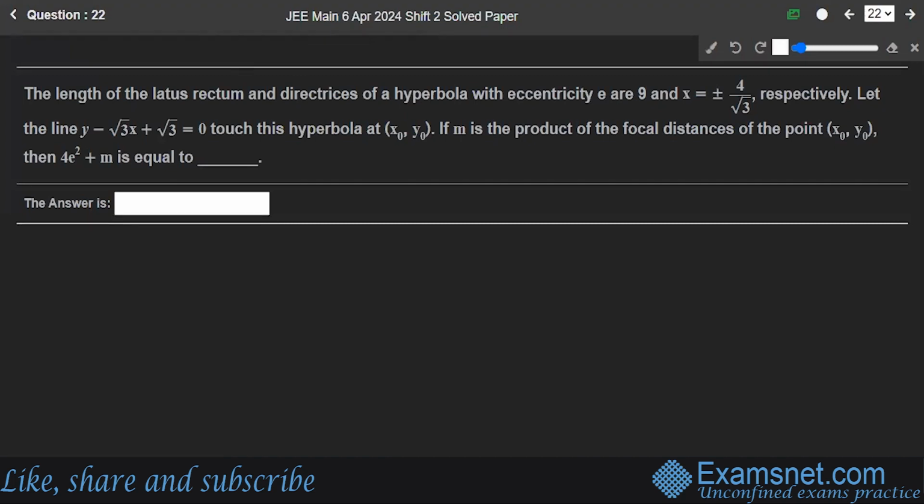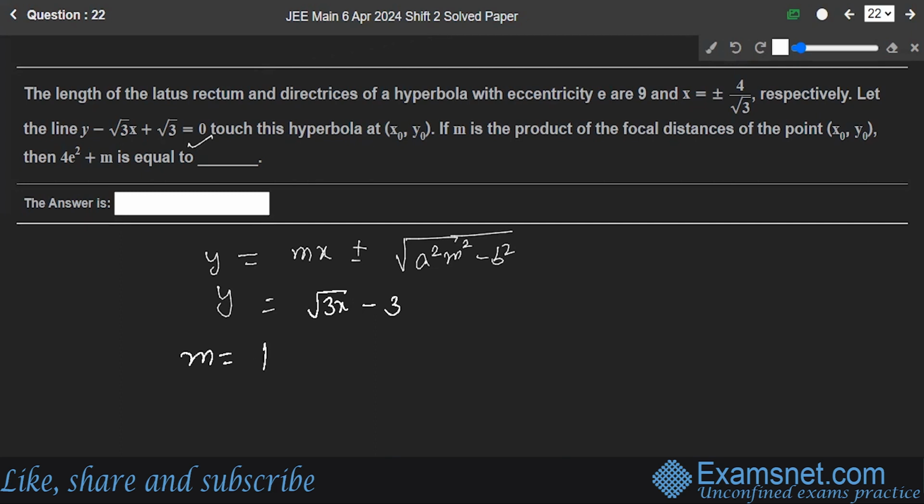So here, first of all, the general equation of the tangent to the hyperbola is given by y is equal to m into x, plus or minus root of a squared m squared minus b squared. This is the equation of the tangent, right? So if I compare it with this one, y is equal to root 3x